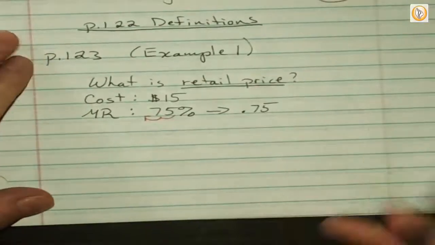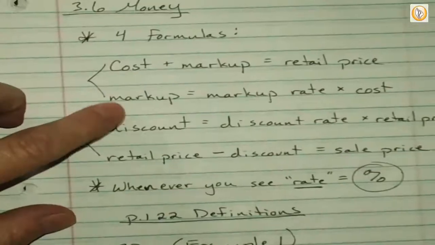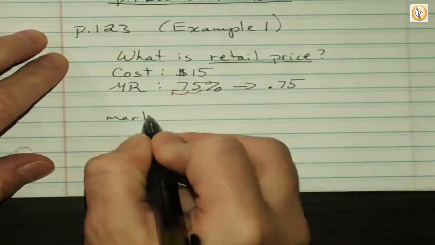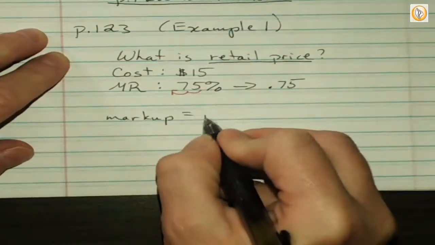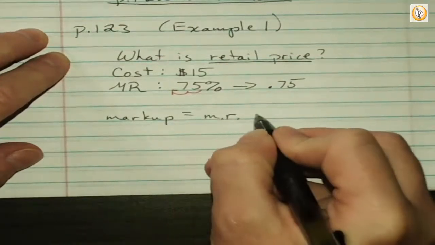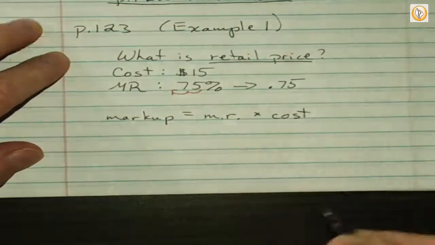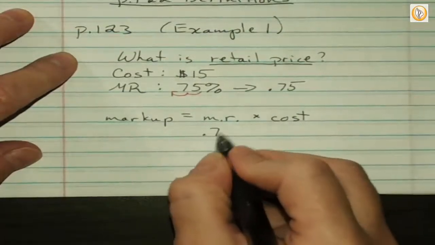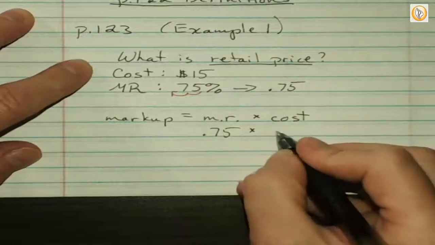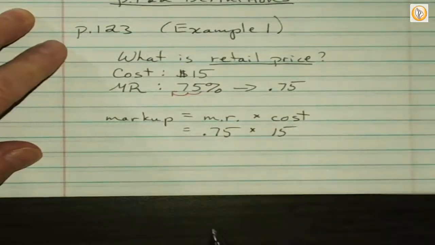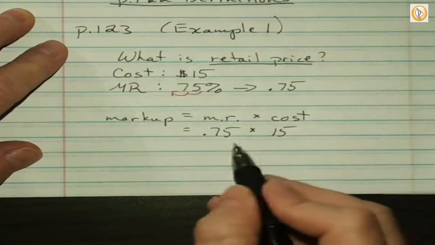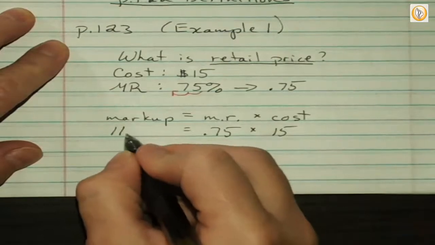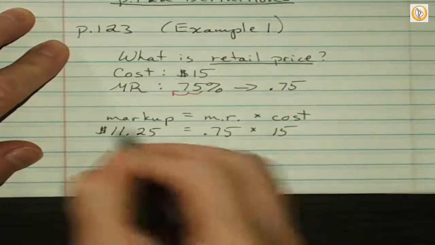So we're going to start with this second part here. Okay, so I have markup. We're using this formula: markup equals markup rate times cost. And I'm just going to plug in the information I have. Markup rate is 0.75 and the cost is 15. And the book's already done your work for you. 0.75 times 15 is $11.25. So the markup is